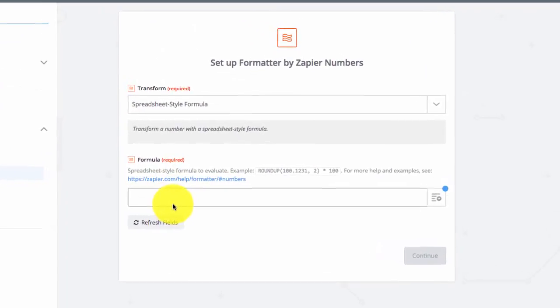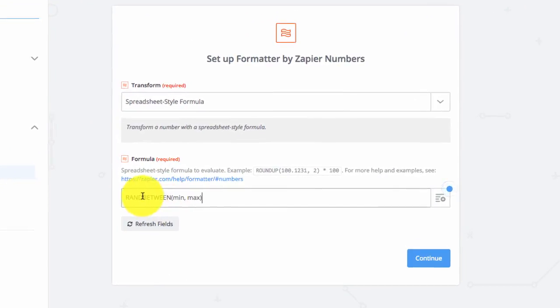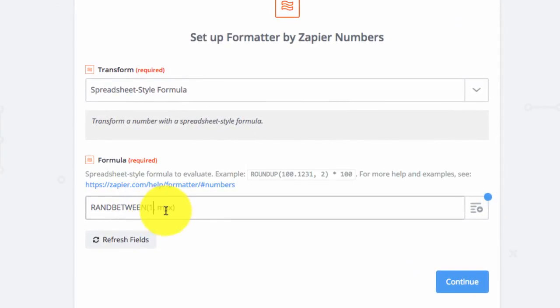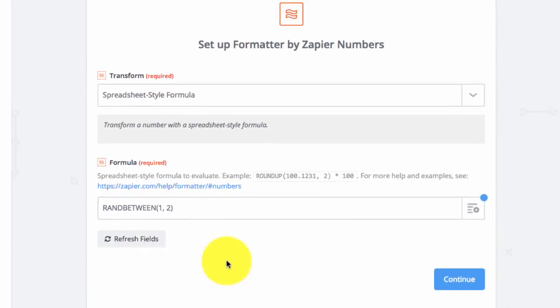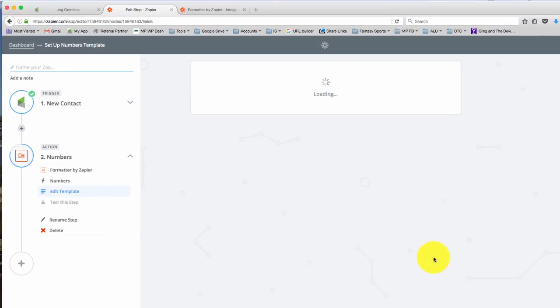So let's go back over here, paste that in, RANDBETWEEN, and I'm going to do random between 1 and 2. So that means it'll either be 1 or it would be 2. If you wanted to split into 3 groups, you would do 1 and 3, or 1 and 4 if you wanted 4 groups, right? But I'm just going to do 1 and 2, and let's go ahead and click continue